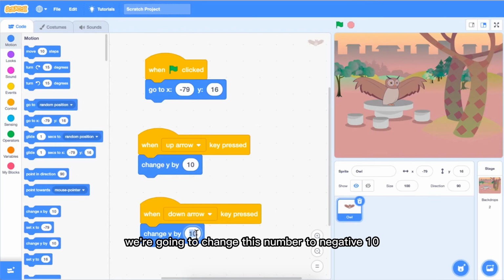We're going to change this number to -10, and this will tell your sprite to move down the Y axis because the number is getting smaller. Therefore, when you press the down arrow key, your sprite should move 10 places downward on the Y axis to